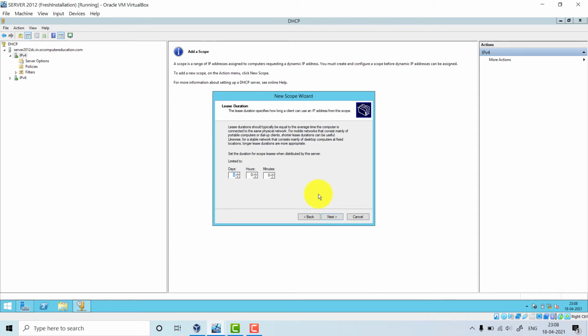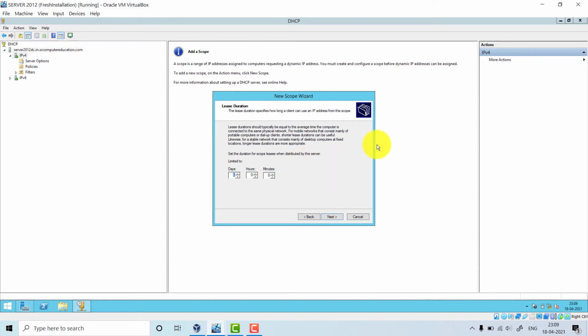Suppose they are not using a DHCP server, then you need to go to the airport reception and ask that I want to use your internet, please provide me an IP address, because we need an IP address to access the internet. But you are not asking the receptionist in some hotel or restaurant either. Why? Because when you connect to their Wi-Fi, they are giving you an IP address automatically using this DHCP server.